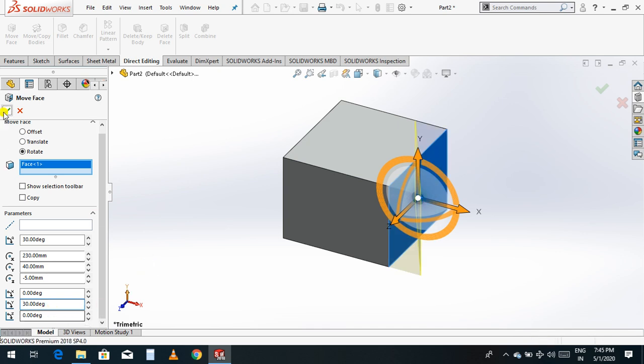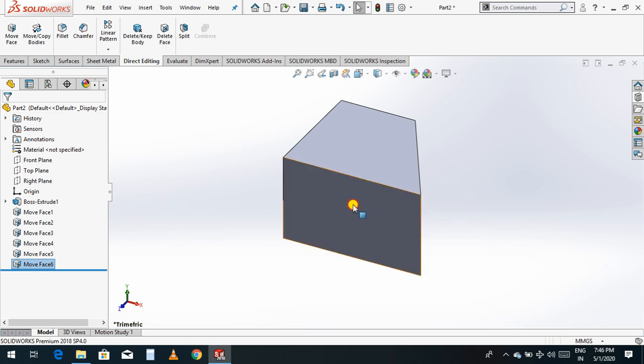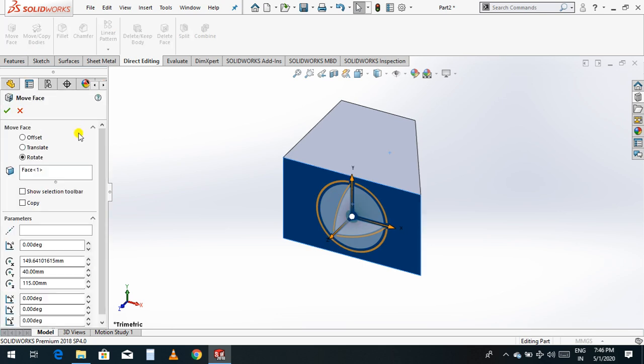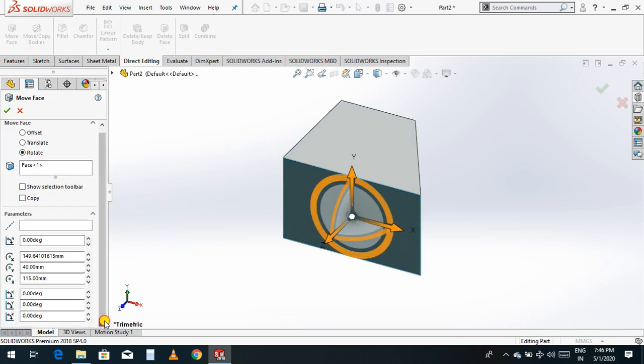Just click OK. Again select this face, go to move face in direct editing, select rotate, and I'll give the z direction 30 degrees. Select OK.